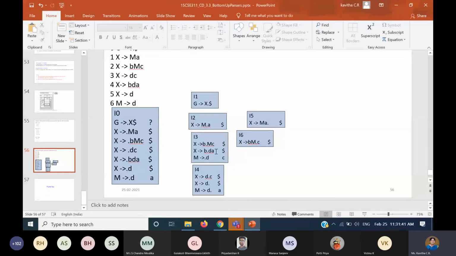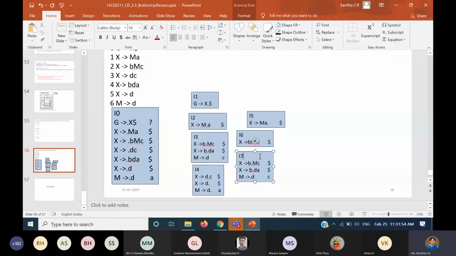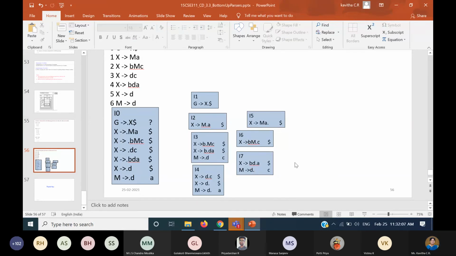Copy again, same thing. So I7 we are going to create. When you want to read small d, this will not exist because I've already covered that. So the dot is moved here and also here. So this is I7 when you read D from I3.